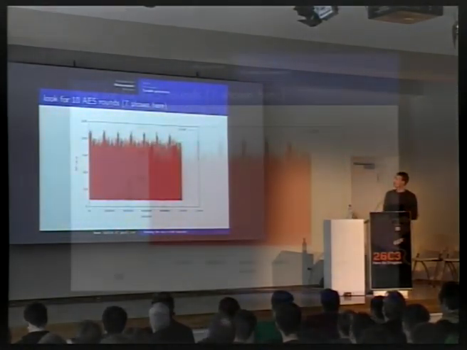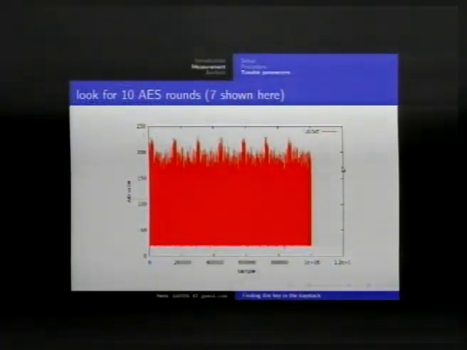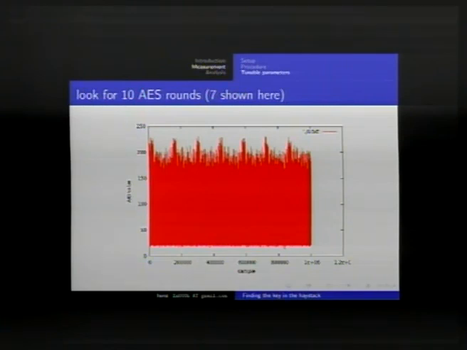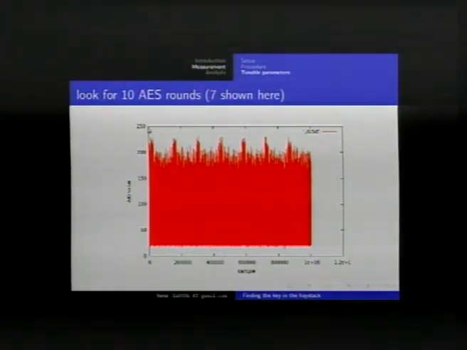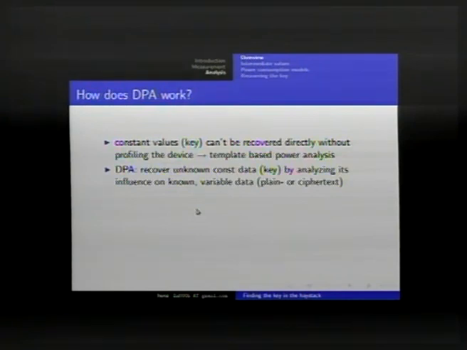If you've done everything right, you should see the rounds of the AES algorithm. Here you can see the first 7 rounds. There are 10 rounds, so this can be identified quite nicely on the scope. And another point you see is that the AD range is used very well here in this picture. So let's get to the analysis